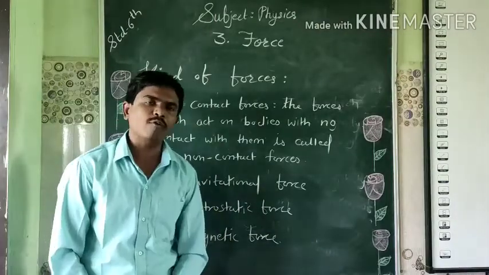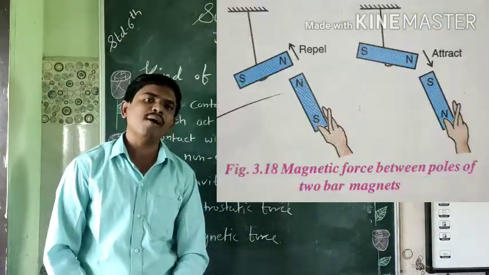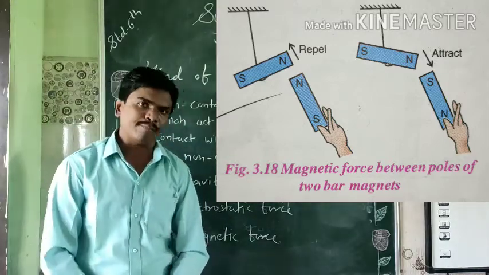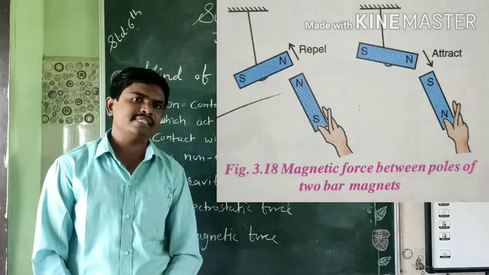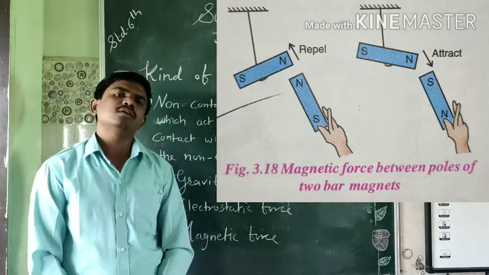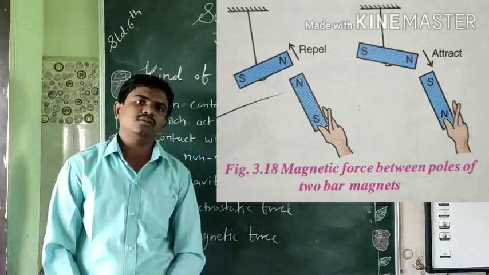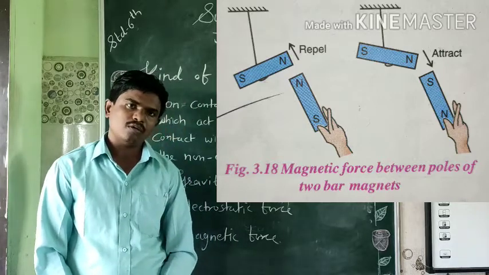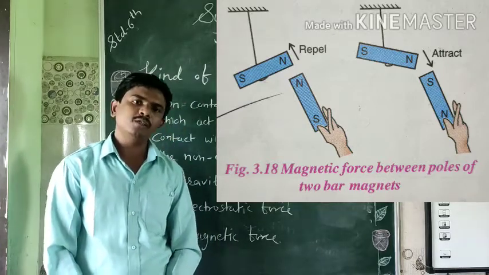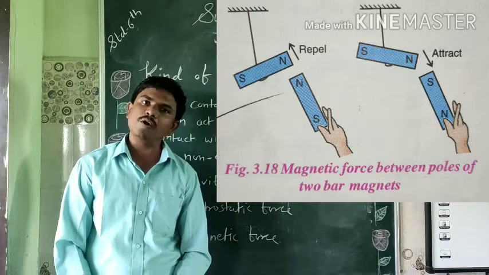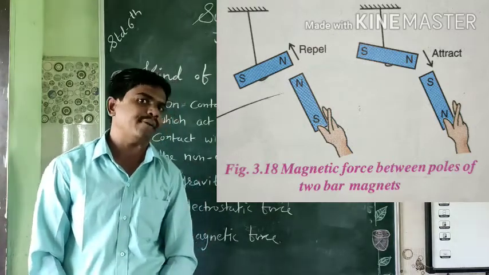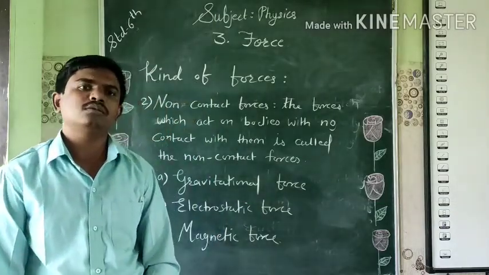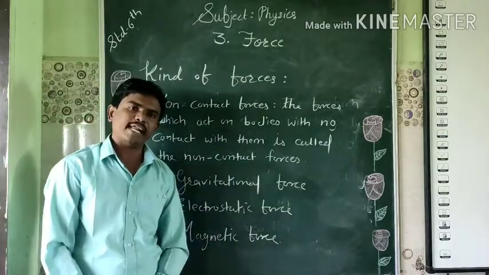Magnetic force, the force between the poles of two magnets at some distance. For example, students, like poles repel each other and unlike poles attract each other. The North Pole attracts the South Pole and vice versa, and the north pole of one magnet and the north pole of another magnet repel each other. I hope students you understood the concept of contact force and non